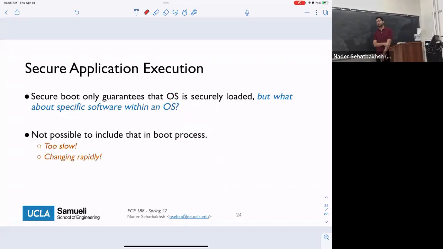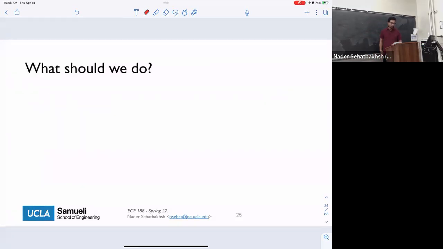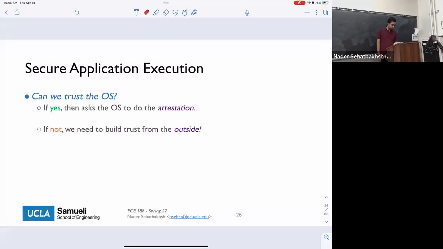Because if we add more and more things to our boot sequence, it gets extremely slow, and that's not what you want. And another thing is that all these programs have dynamic features in them, so it's not something where you know beforehand what the correct response or the correct reference is, right? So you cannot really include that in, for example, your hash function computation and so on. So that method does not unfortunately work. So what we can do instead is what we want to discuss now.